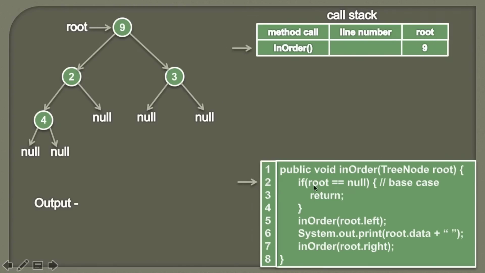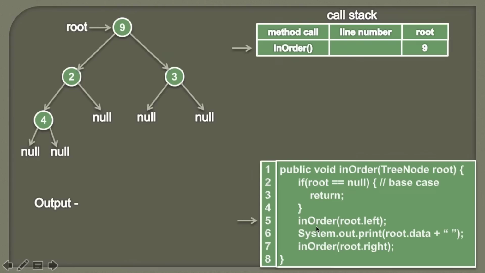We move ahead and we check whether root is equal to null or not. So friends, why are we providing this condition? This is the base case for our recursion, because in the in-order method we are again calling the in-order method recursively. In order to break this recursion, we need to provide a base case, and if we don't provide this base case, then this method will call itself recursively forever. So in order to stop this, we are providing this base case. Currently you see root is pointing to the node 9, therefore it's not null. So the condition in the if block comes out to be false.